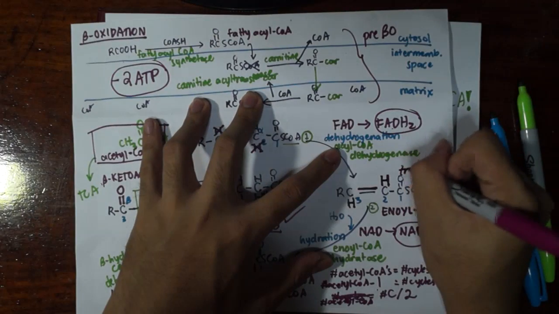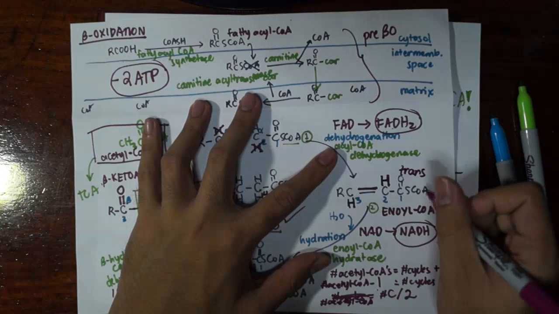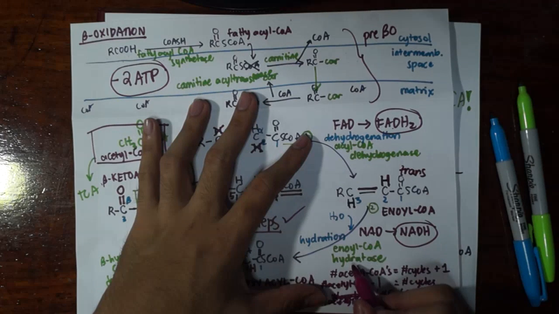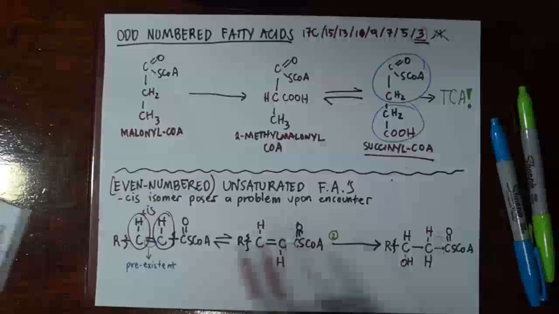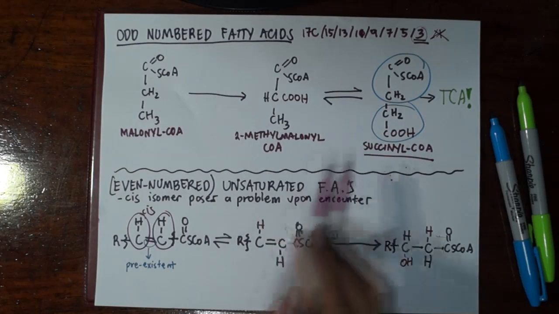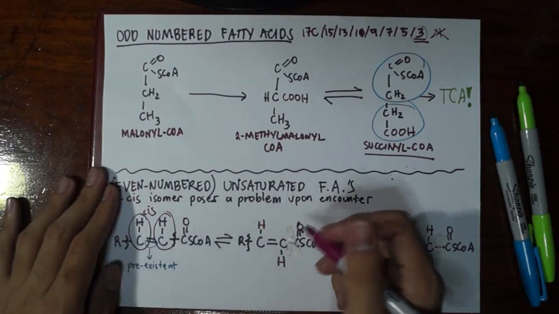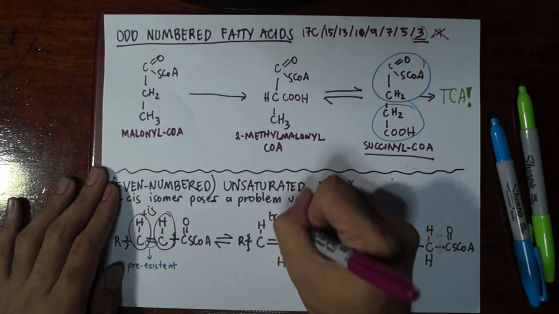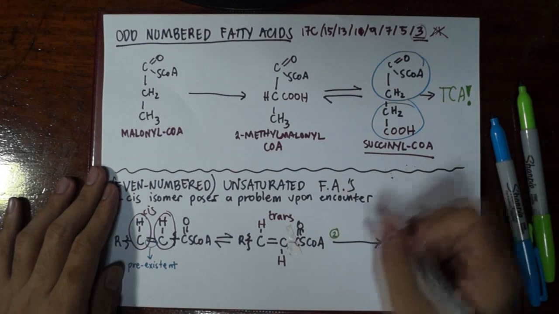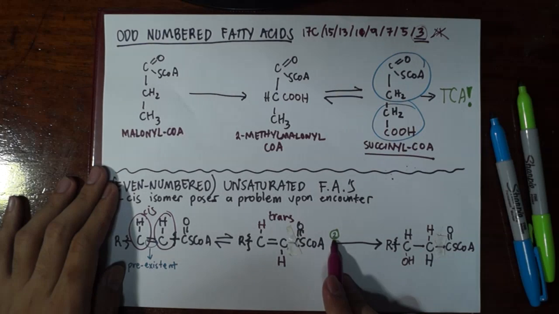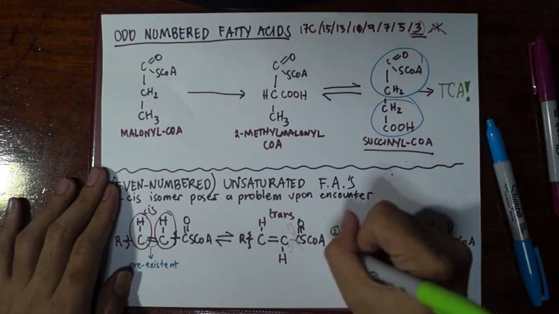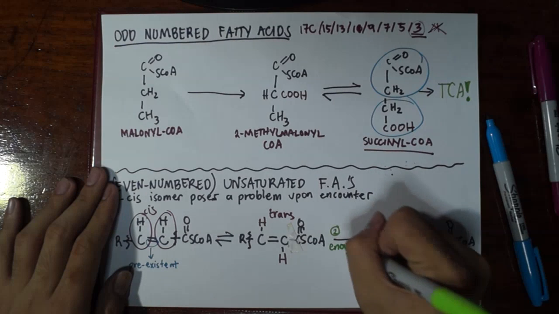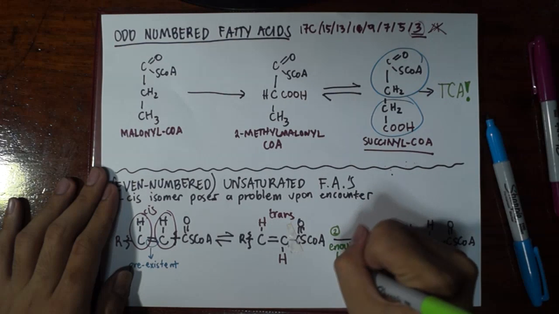This is of the trans configuration. Enoyl-CoA hydratase, in short, will only recognize the trans-enoyl form, not the cis-enoyl form. So it has to be isomerized to become trans form, and that is the time that you will go to step number 2. Again, step number 2 is the facilitation of enoyl-CoA hydratase,